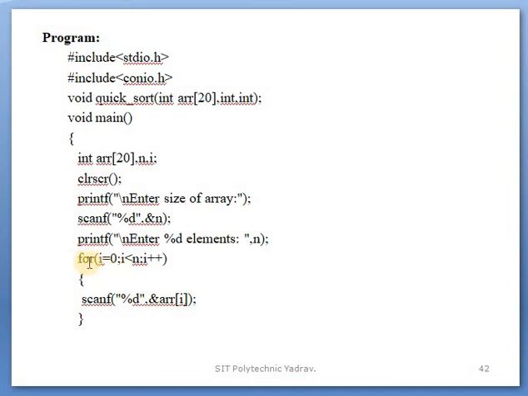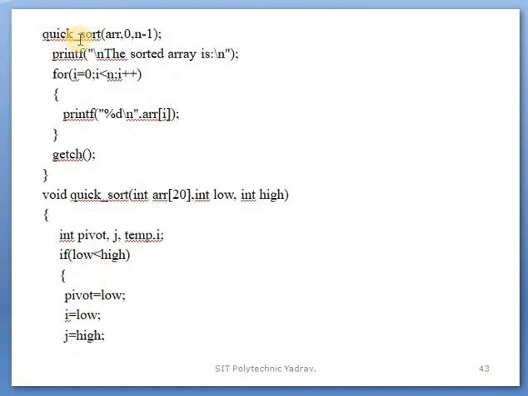We give a for loop because we use an array, which means more than 1 number is stored. Otherwise you would have to write the scanf statement one by one; using a loop reduces the writing of your input statement. So the scanf statement is used through a loop. Which loop is used? The for loop. After that, your function is called.